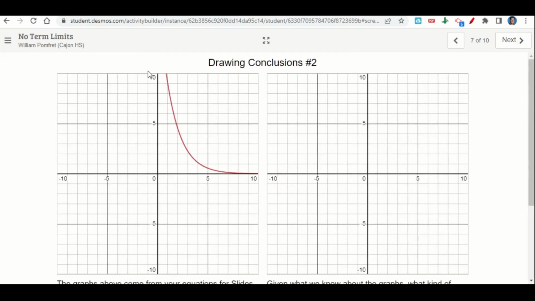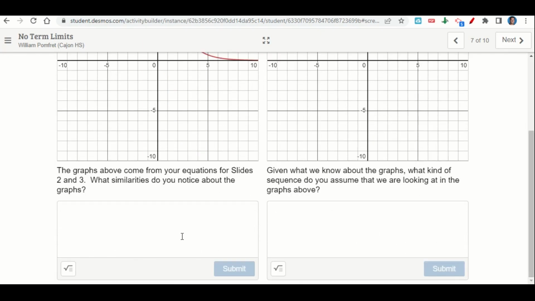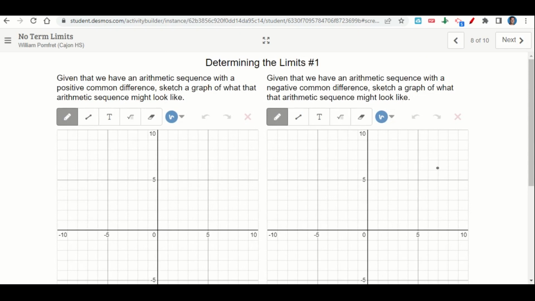You'll do the same thing for this one. Both graphs should be here. Now, I only graphed one of them, so only one of them's here, but both graphs should be there. What similarities do you notice? And then what kind of graphs do you think we're looking at? Well, you should assume that we're looking at geometric sequences. Then we'll click next. Okay, it says, given that we have an arithmetic sequence with a positive common difference,